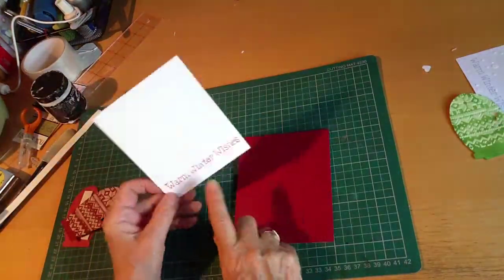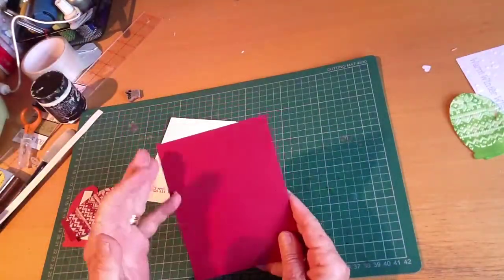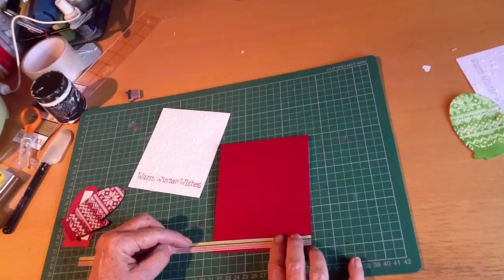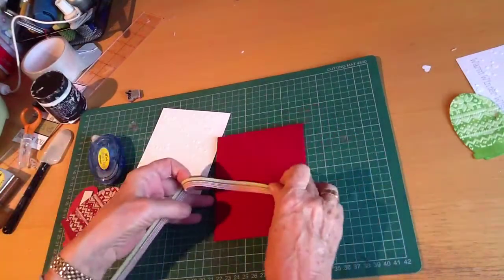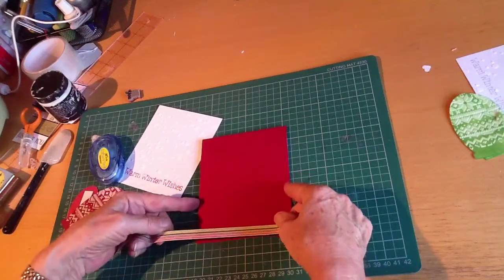So for the base card, I decided that I would do the writing again using a red pen this time, and I covered the front of a white card with some red cardstock. I've got masses of white card bases, but I'm a bit short of red cardstock. And I cut a very thin strip of stripy red and green paper, and this is where you'll see me